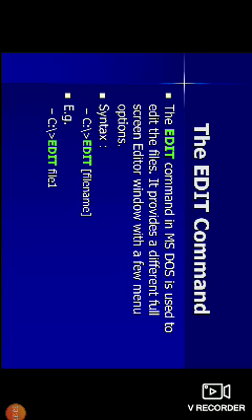Next one is the edit command. The edit command in MS-DOS is used to edit files. It provides a full screen editor window with a few menu options. The syntax is C colon slash edit space file name. For example, at the command prompt, I am typing edit space file1 and pressing the enter key.